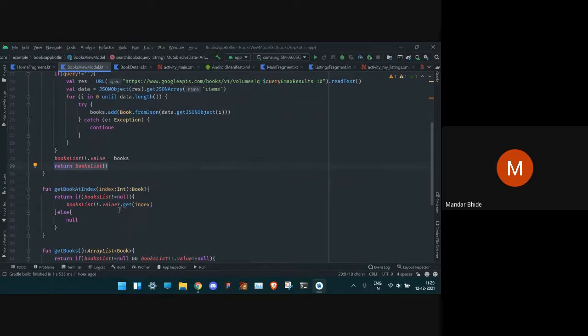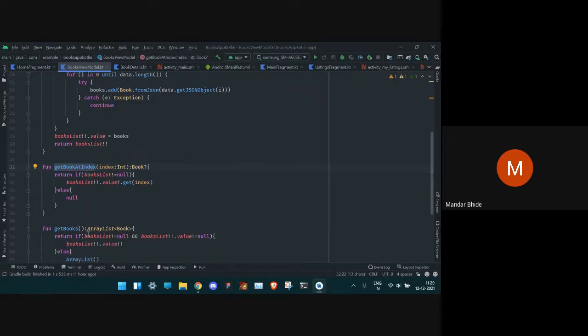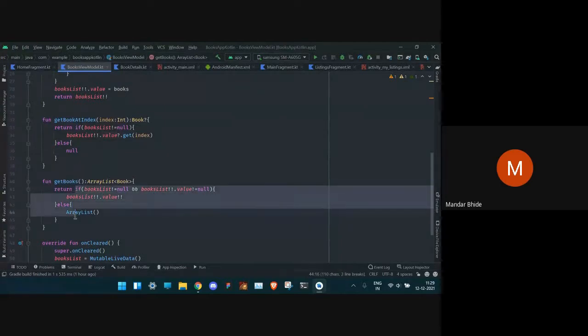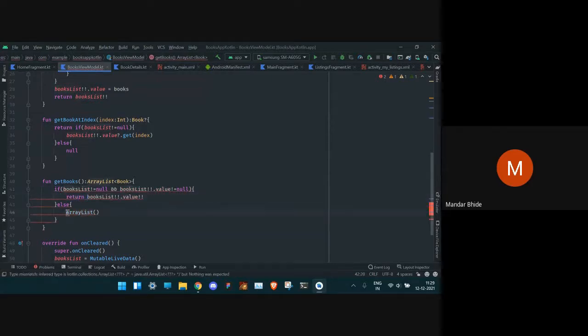Okay, so let's continue. This function is specifically defined to get certain book in that list, get book at index, and then this function returns all the books you can see. This is quite different syntax than other languages. If it was Java, what we would do is we would do return, and here again we would do return. But Kotlin has a nice advantage.